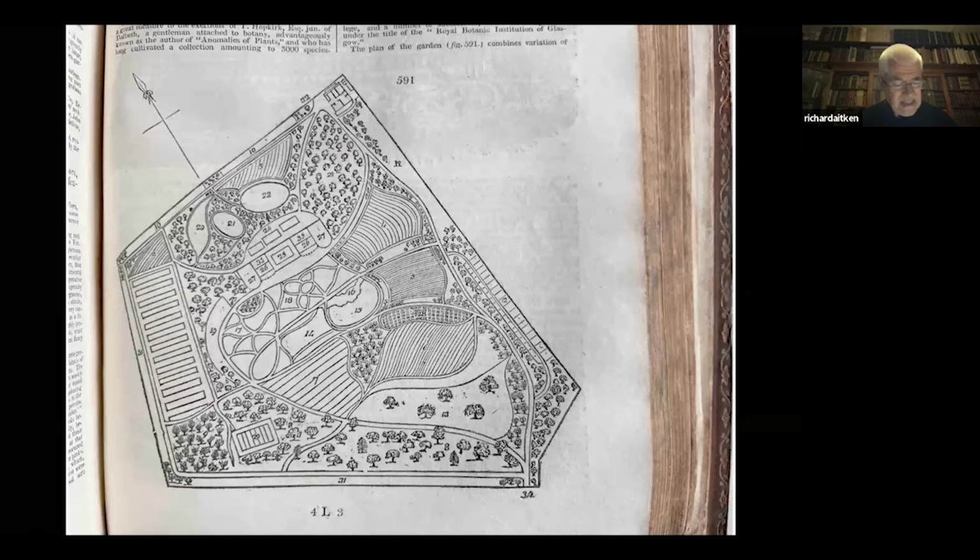The botanic gardens at Edinburgh, Glasgow, seen here, and Glasnevin in Dublin had all been established by the early decades of the 19th century. Of Glasgow, J.C. Loudon commented that the plan, shown here from his encyclopedia, combines variation of landscape and scientific arrangement in a very eminent degree. If we skip to New South Wales, Elizabeth MacArthur, from a notable colonial family, wrote in 1832 that